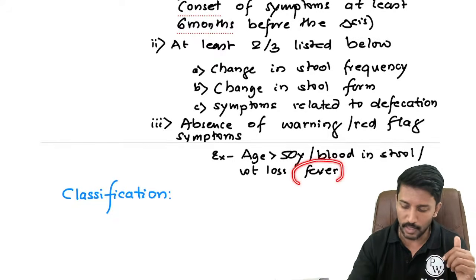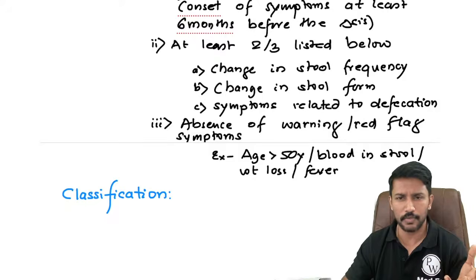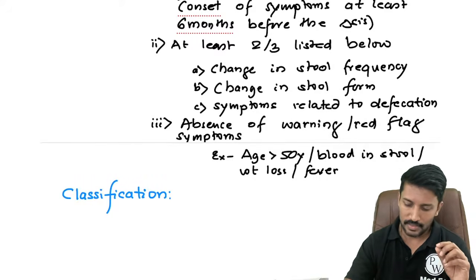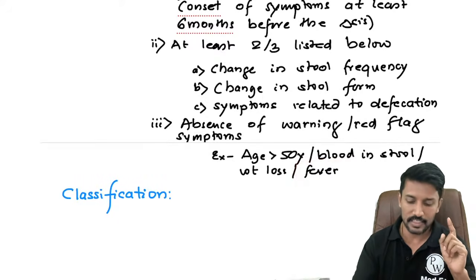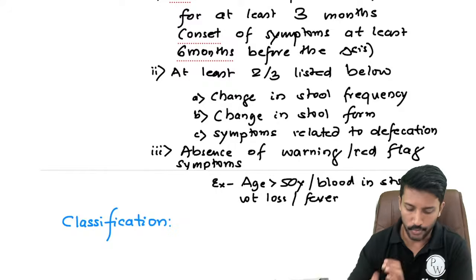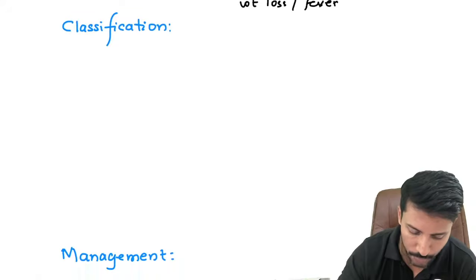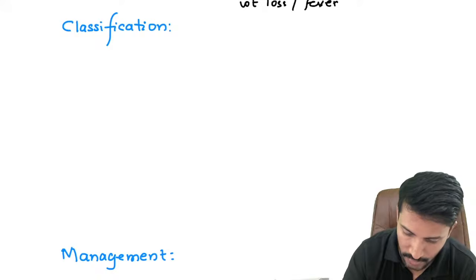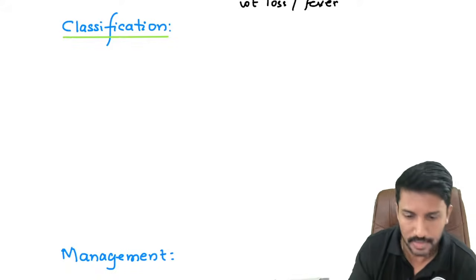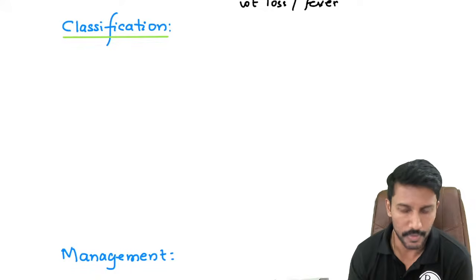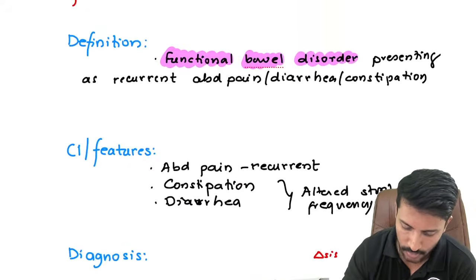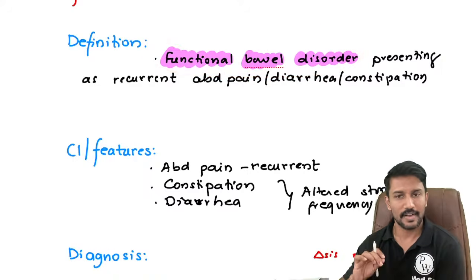If someone presents with the above symptoms and fever, he may be running a viral fever, cold, or urinary tract infection. Once the cause for fever is addressed and these symptoms still persist, then I will call it irritable bowel syndrome. Irritable bowel syndrome patients are classified into four major categories, and the classification is important for us to write the management, because it is a functional bowel disorder. So will I be able to treat the root cause?